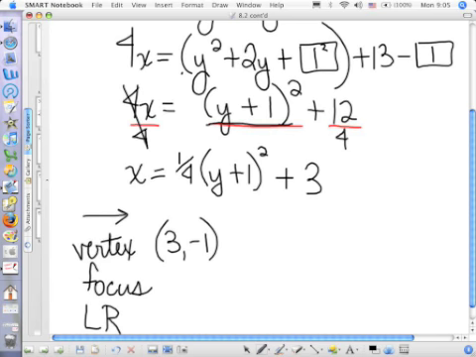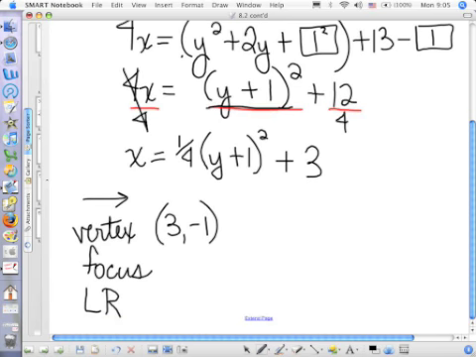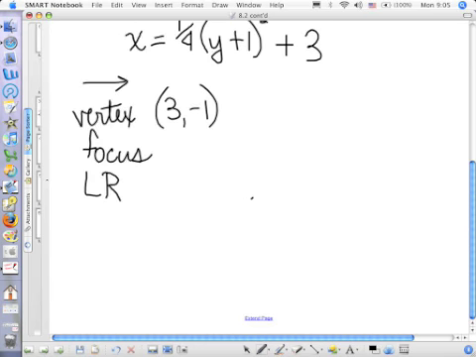All right, so let's go back and let's talk about our focus. How do we find it? The focus is a simple adjustment to one of your coordinates, and this is your adjustment. You are going to add 1 over 4a, okay, to one of the coordinates. That's your adjustment. Now, it has to be specific. This is a side-to-side parabola, right? Imagine a parabola situated perfectly on each side of